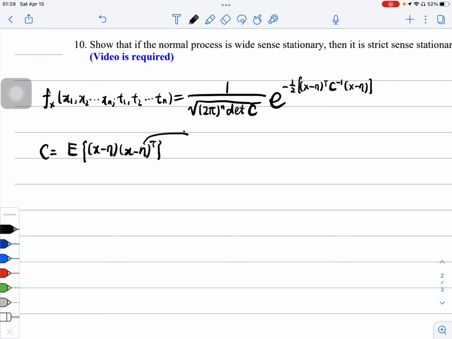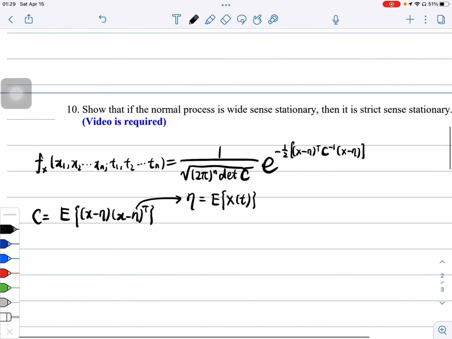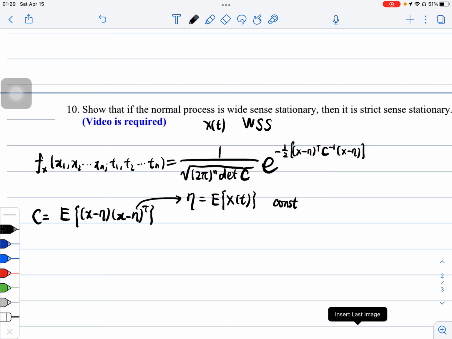So this eta is the expectation of x(t). We know that x(t) is wide sense stationary, so the expectation is a constant. We use eta to represent it,